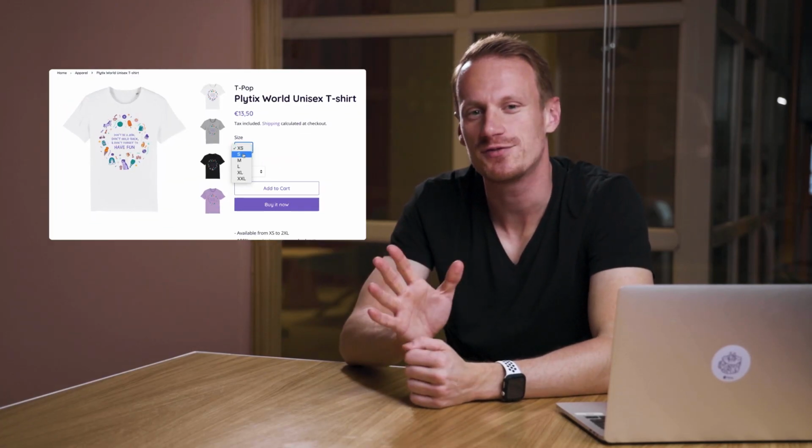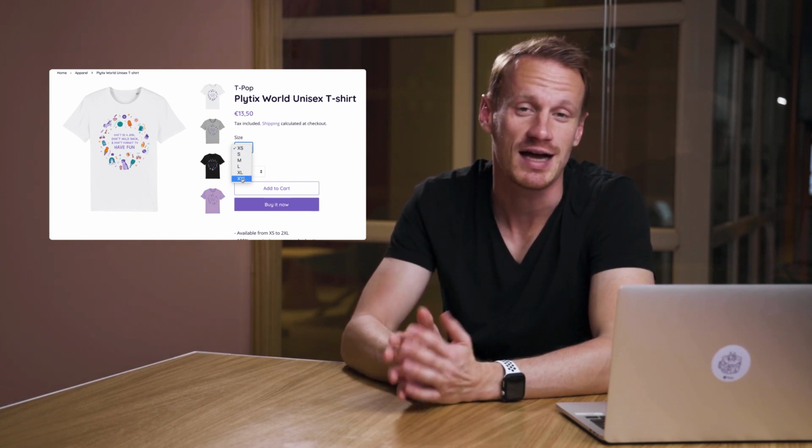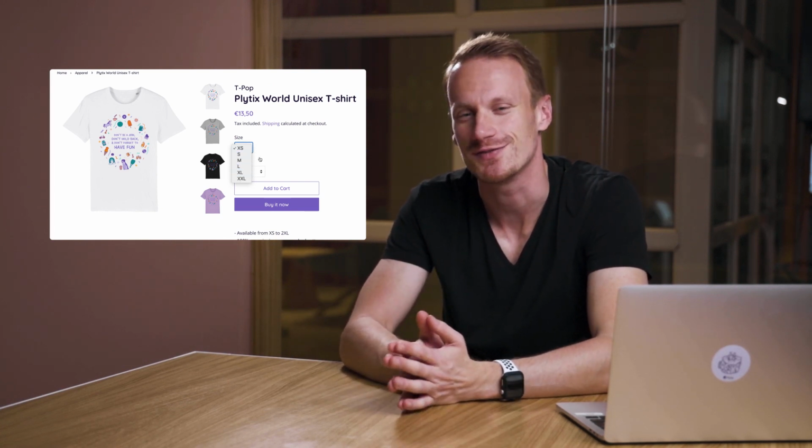Another way to keep your data clean and organized is by defining product variations. Simply put, product variations allow you to know how many different versions of the same core product you offer. For example, if our t-shirt comes in 5 different sizes and 4 different colors, I have a total of 20 different variations of the same t-shirt.